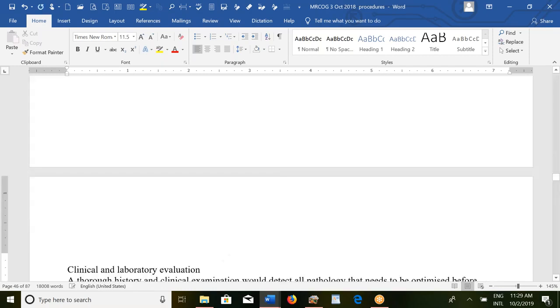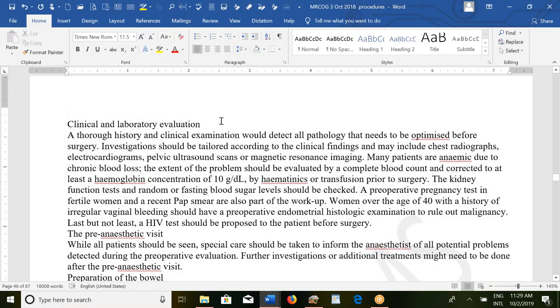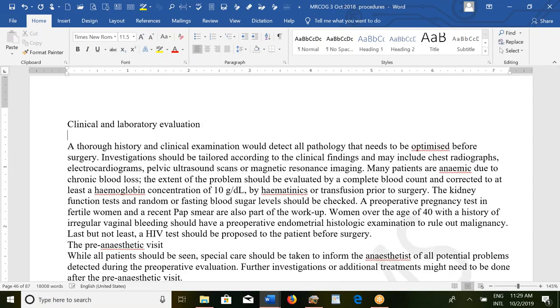So first of all, you are going to see her mood, then you need to see what is the clinical and the laboratory evaluation. You need to do certain investigations. You have taken history, clinical examination, so you will detect all the pathology which needs to be optimized before surgery. Investigations you can choose according to the condition of the patient. Sometimes you will have to do chest x-rays, ECG we are doing for all patients, pelvic ultrasound scans, and sometimes you have to do MRI. Why MRI? Because it will help you in deciding what should be your route of surgery